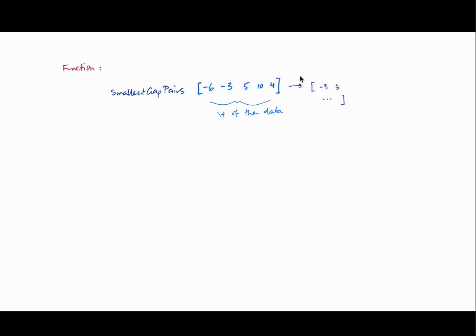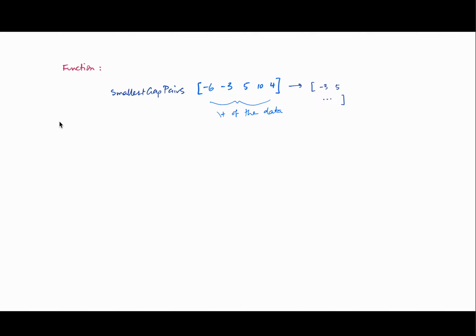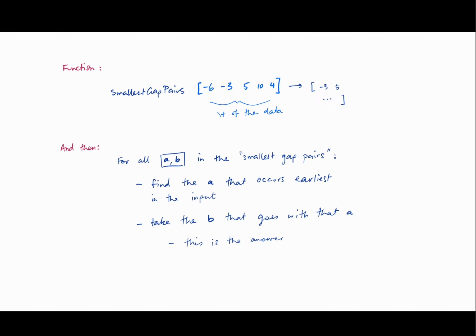There's only one minimum pair here, but it does all of the smallest gap pairs, does all this work of finding the modulus and applying the modulus and putting them in groups and discarding any that are too small, and then choosing the ones that have the minimum gap. Okay, once we have all the minimum pairs, right,